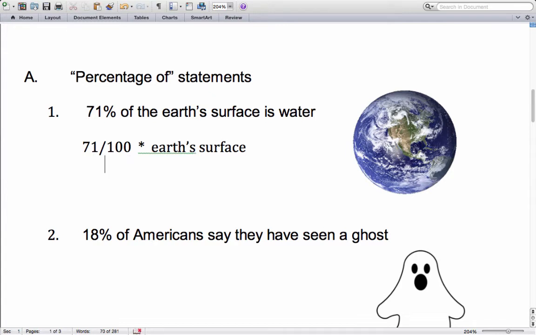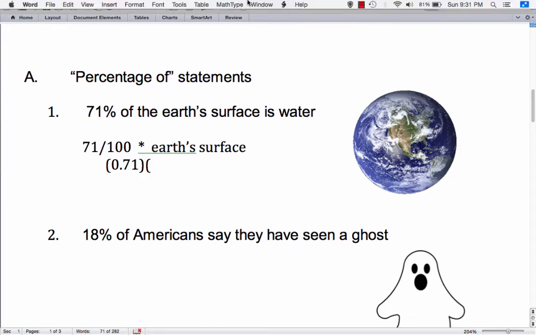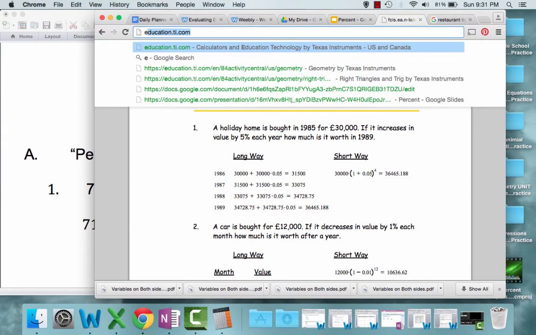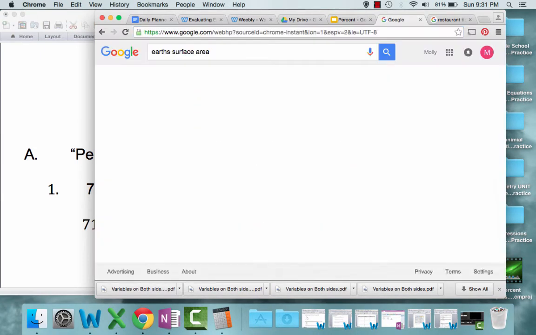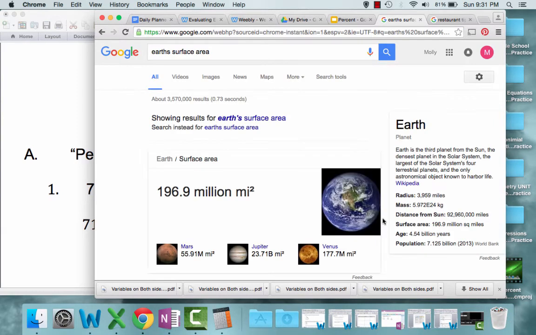Now, I want to write this nicer, so I can say 71 out of 100 is the same thing as 0.71, and I'm going to multiply. Now remember, parentheses also mean multiplication, so I could write it like this or with a times sign, the Earth's surface. So let's go find out what the Earth's surface area is. All right, so the Earth's surface area is